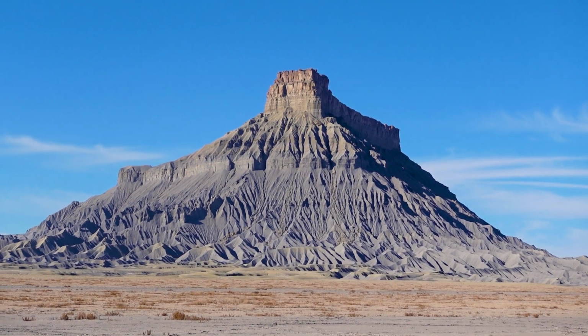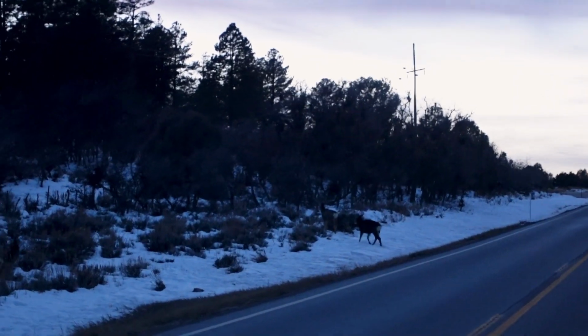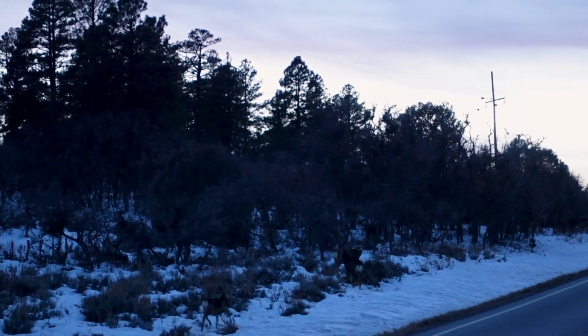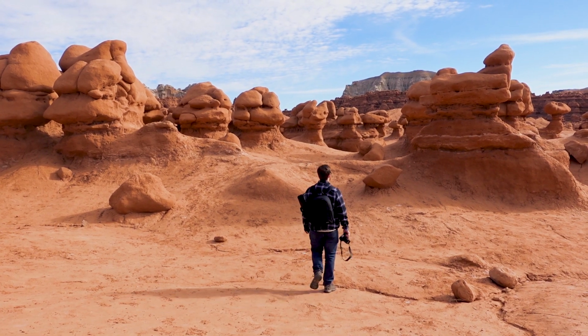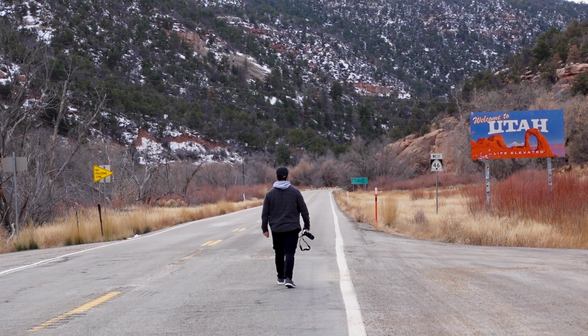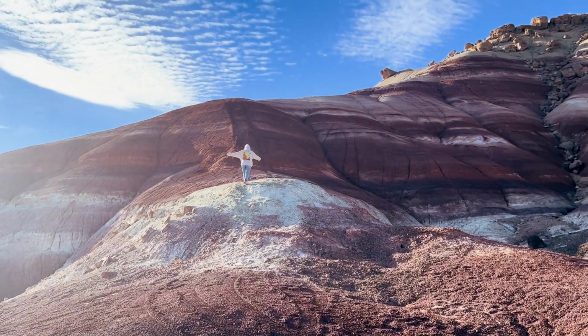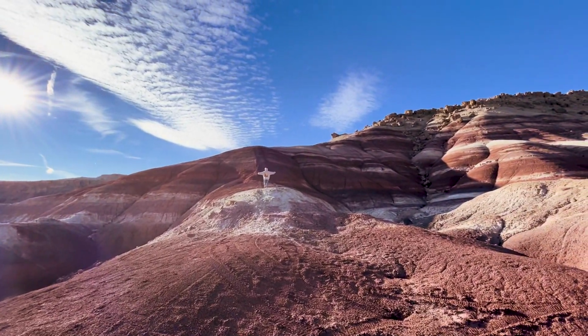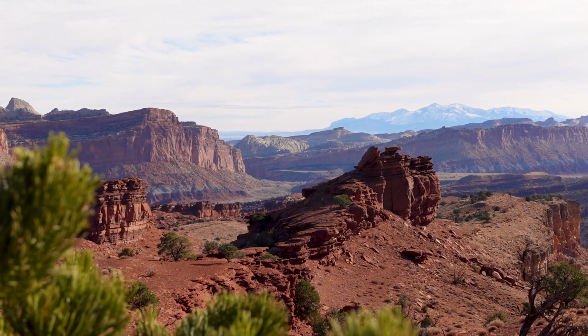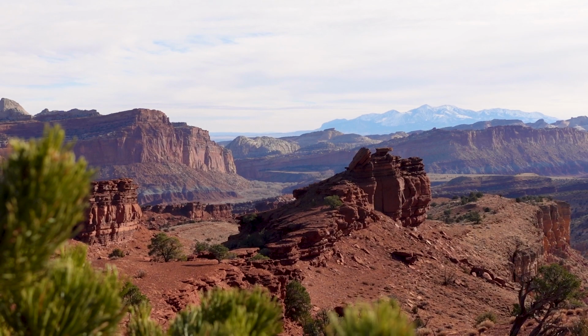South central Utah is one of the least visited and most isolated parts of the entire state. To most people's surprise, this part of the state has some of the most unique scenery in the world. The Capitol Reef National Park and surrounding areas are truly some of Utah's most hidden gems that should not be missed. Join Rachel and I in part 2 of our Utah road trip, wrapping up the final day in Moab